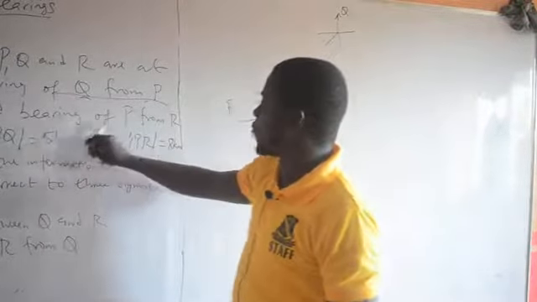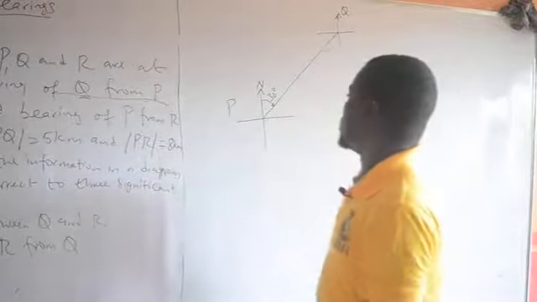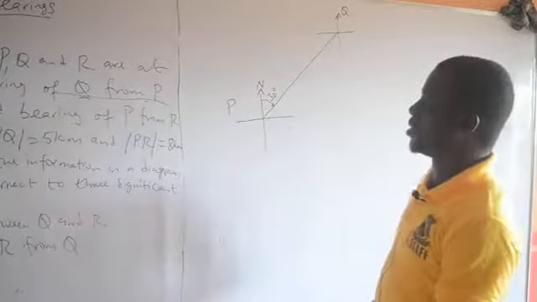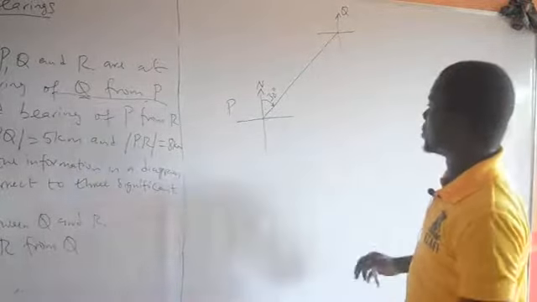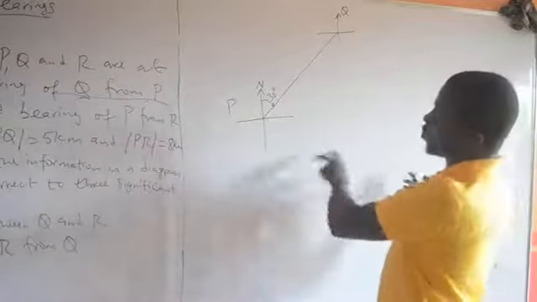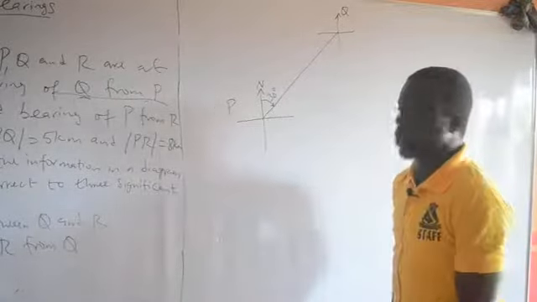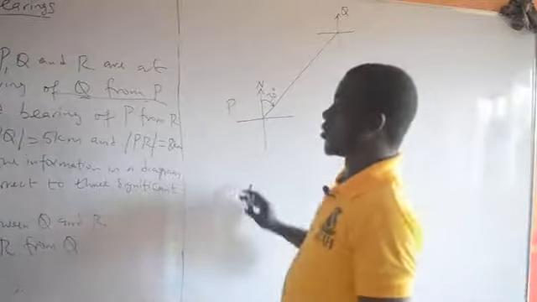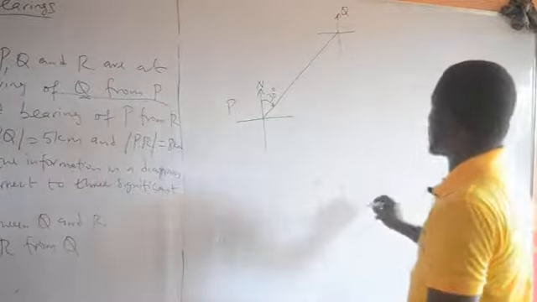And the bearing of P from R is 300. Bearing of P from R is 300. So P is coming from R. R should be somewhere here. We are coming from the north of what? North of R. P from R. So yes, this